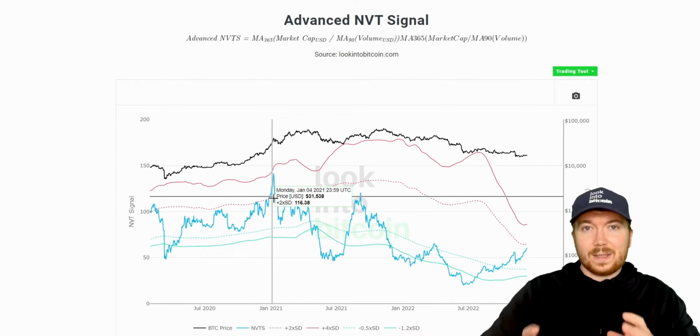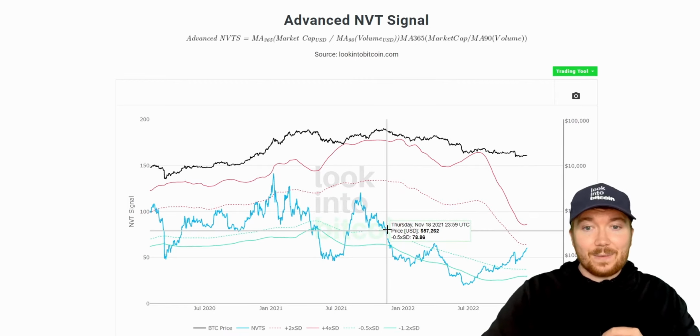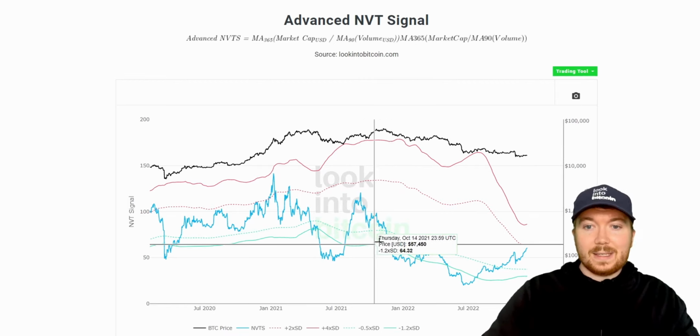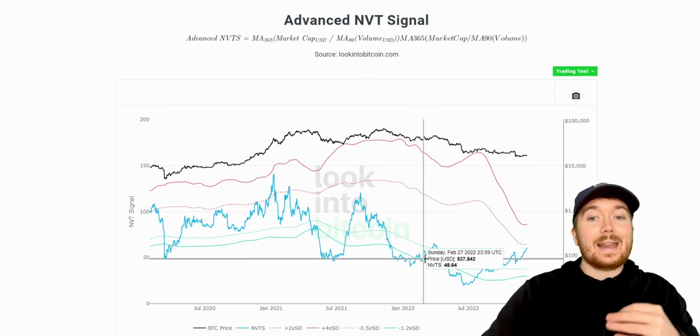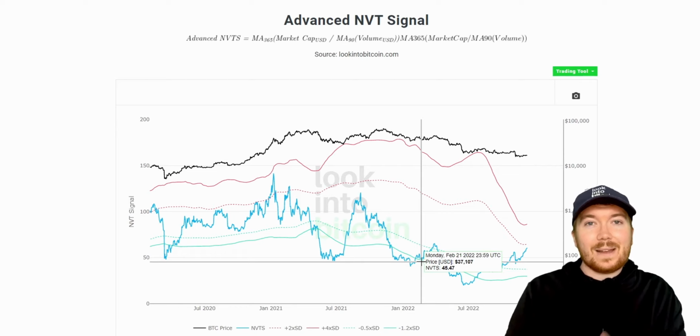And we can also do something similar during this bear cycle. If you were to take short positions every time the advanced NVT signal crossed beneath one of these deviation lines and then take profit again once it had actually crossed back above one of the lines, that is a very profitable and very simple trading strategy that you could have implemented during the bear cycle to try and maximize